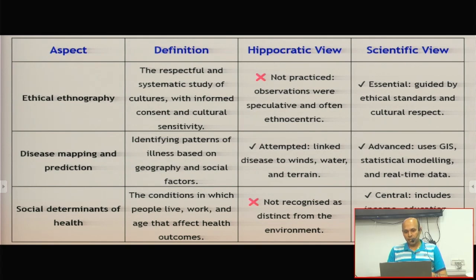So that is again central. It includes income, education, access to care, and discrimination. So, for example, if people are from a high income background, you have access to good health care. So those kinds of interrelation and correlation, social determinants of health and well-being,